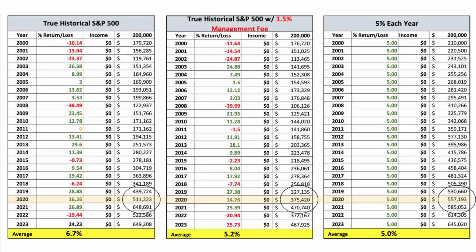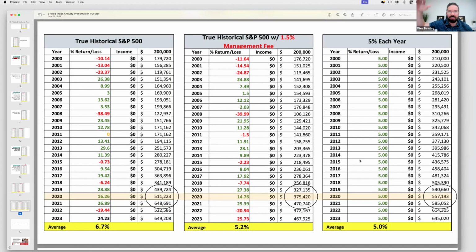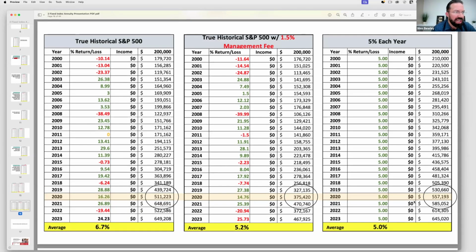Remember that. So what if we only made 5% in kind of a tortoise beats the hare mentality? If all you made was 5% every single year, okay? That's what this chart represents. If you never took any losses, if you just made only 5% every single year, what's the outcome? So instead of this roller coaster of up and down, now you're just on the slow, steady, nothing crazy. There's not a 20% gain, and there's also not a 10% loss, just 5% straight up every single year. So check this out. You'd actually be money ahead compared to where you would be if you were managing it yourself. If you compare 2020 and 2020 here, and this doesn't even come close when you factor in management fees.